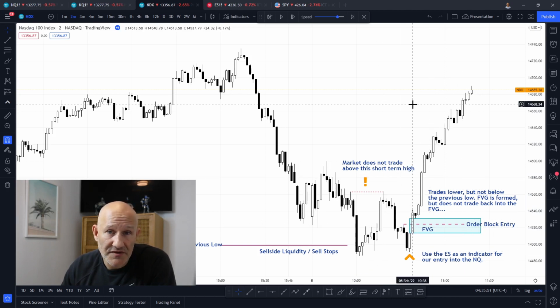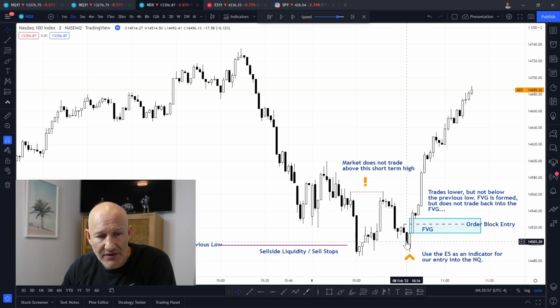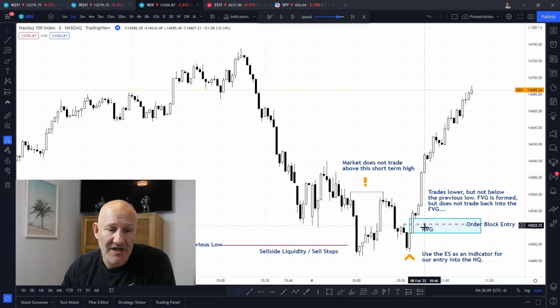Now ICT's also spoken about order blocks a little bit in terms of previous videos, and you can see these 2 candles here, which are the down candles before the up move. If we take either the high or the open of that particular candle, that would be potentially another limit that we could use to enter in that fair value gap zone. But because the market doesn't trade lower into that zone, we don't have the opportunity to get set with an